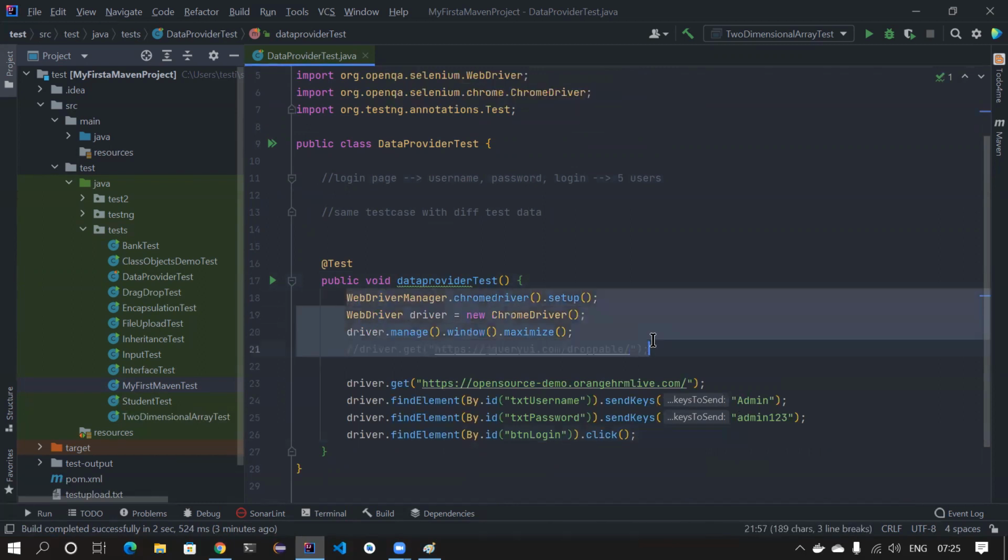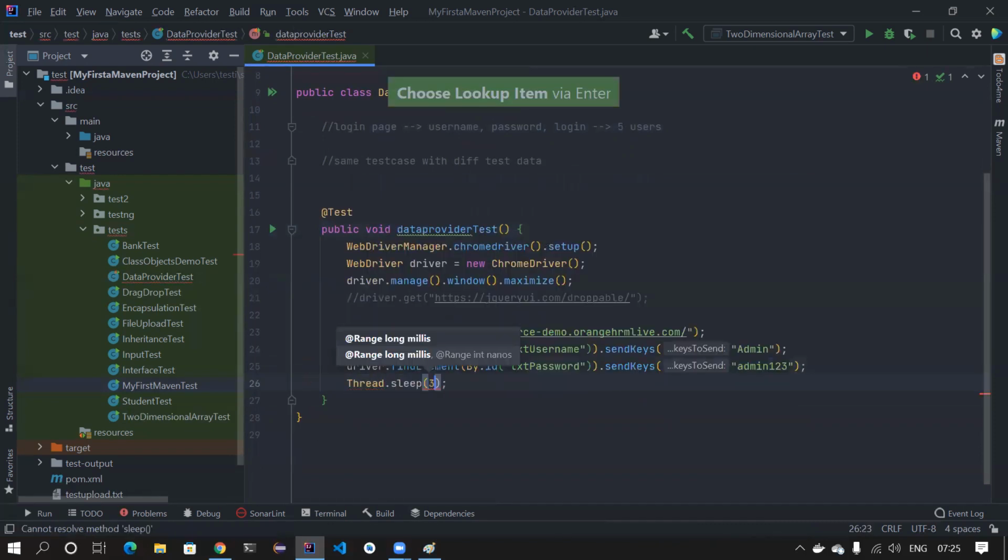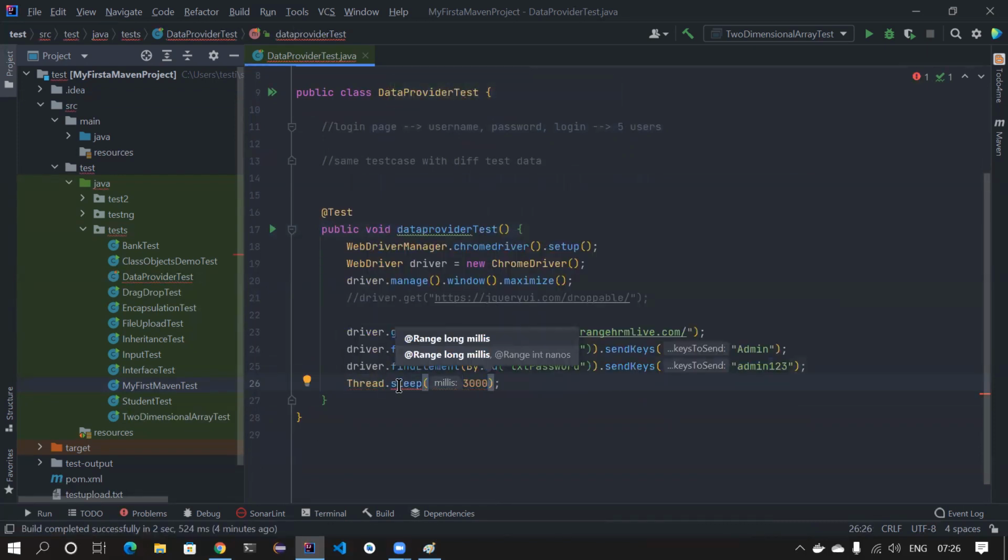So I'm opening the browser. I'm doing the login with this particular set of test data. Maybe I'm not clicking on the button here, because it might go to another page. It will take a lot of time. So I'm just commenting it out, and I'm just putting a wait. Let's say I'm putting Thread.sleep of 3 seconds for us to view what's happening, and then I'll throw